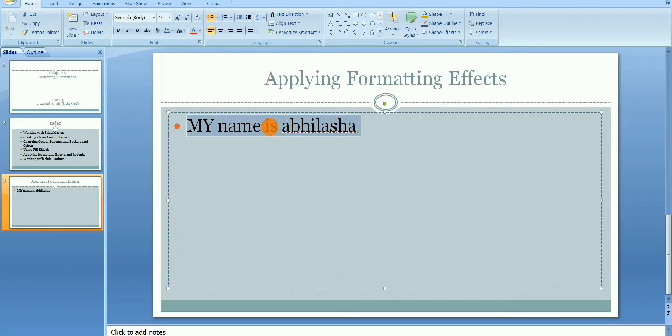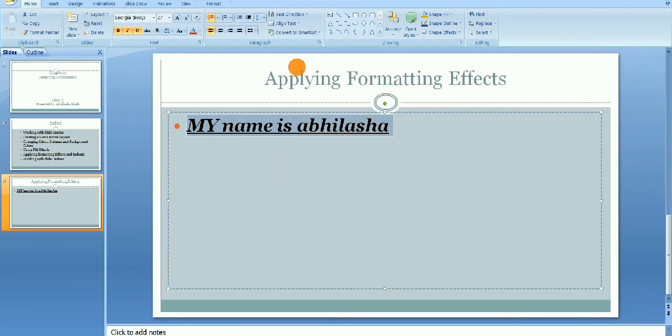After that click on the home tab. Within the home tab we have different features. We can bold our text. If you click on the B, then it will bold your text, as you can see in the output. If you want to change it to italic, you can change it from here. If you want to underline the text, you can do this. You can see the output.